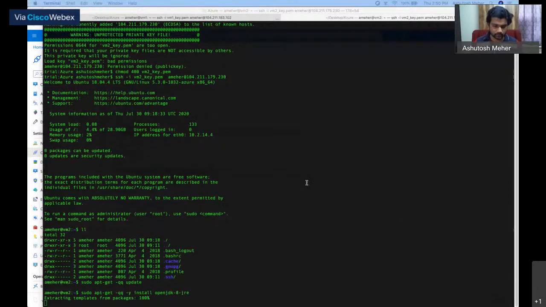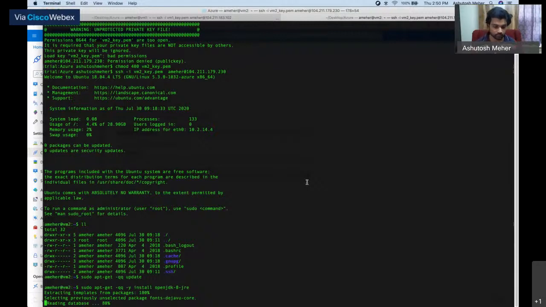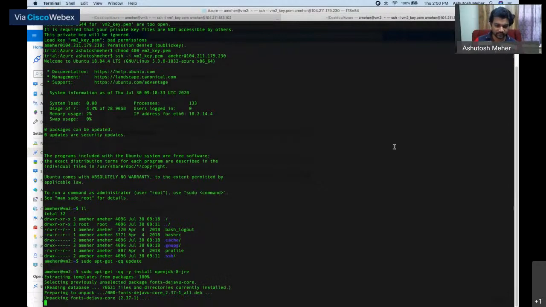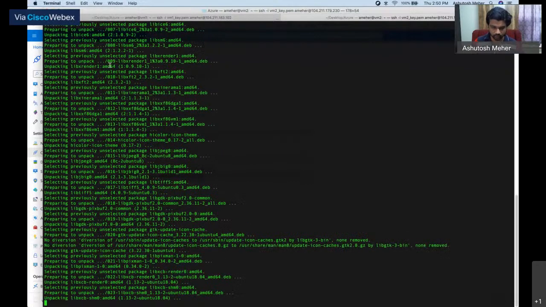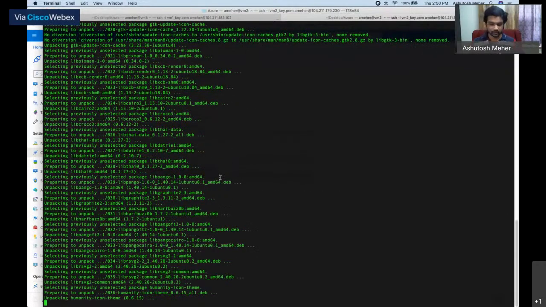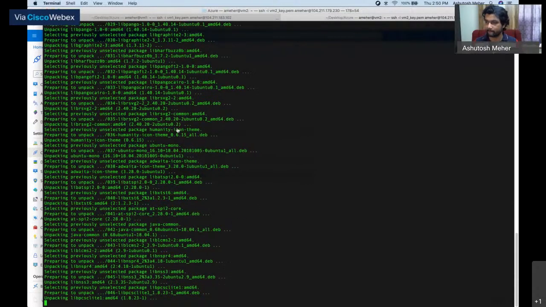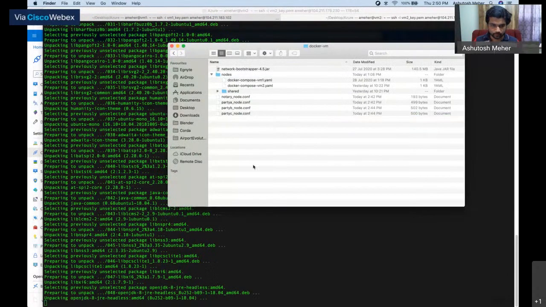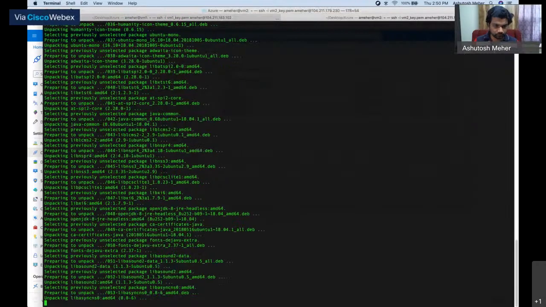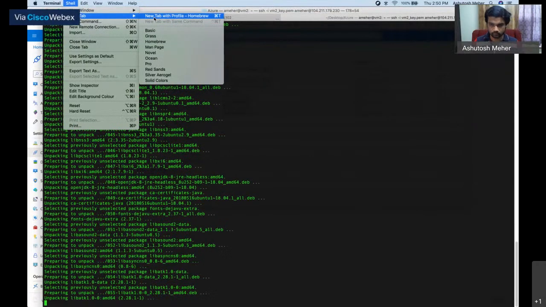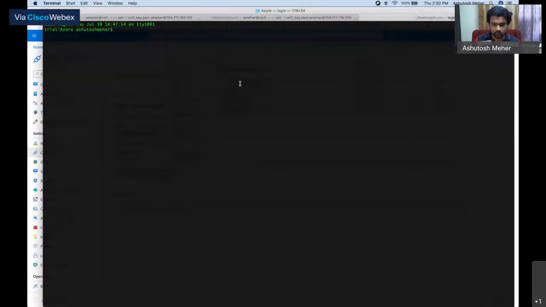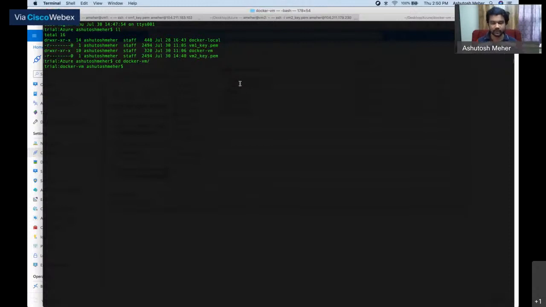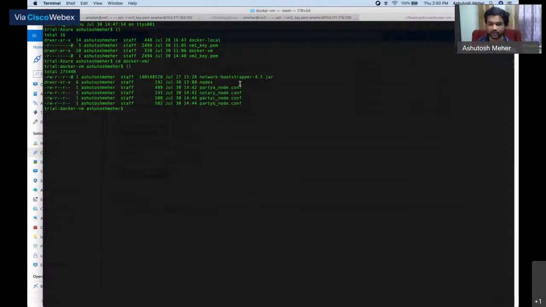And that's Java installing. All right, while this happens, why don't I just go ahead and run the network bootstrapper? I need another terminal. So I have all my node.conf files here, and I do have the network bootstrapper. Again, I think it's the same command which Sneha used.